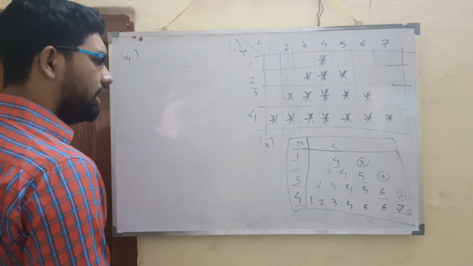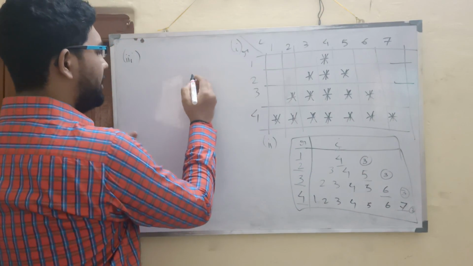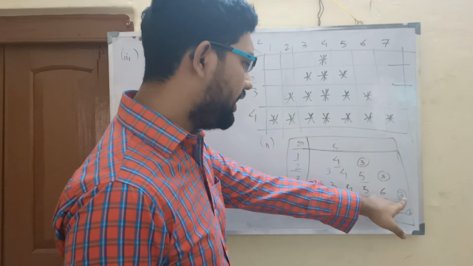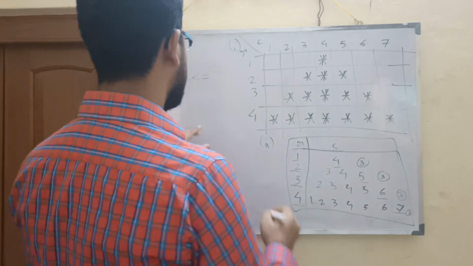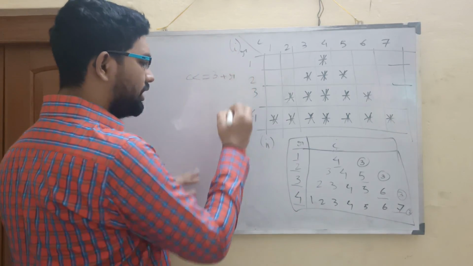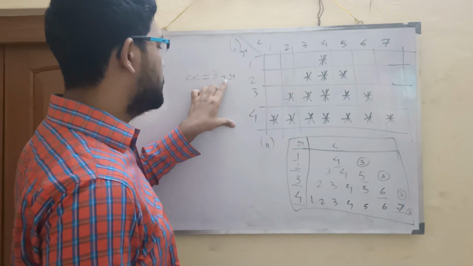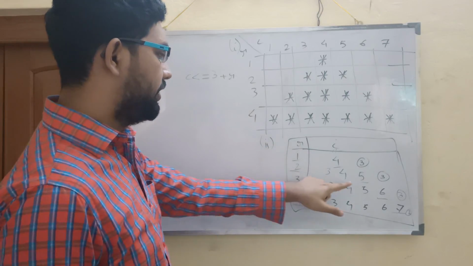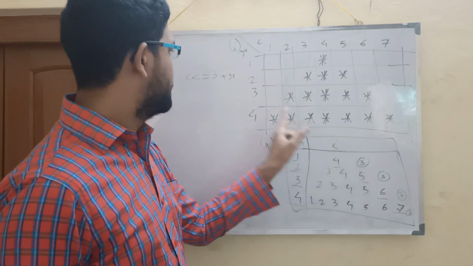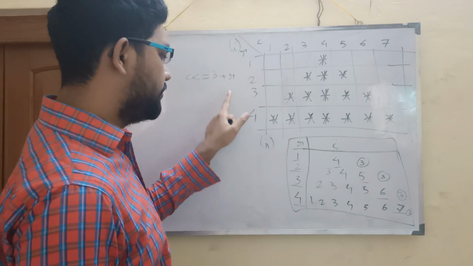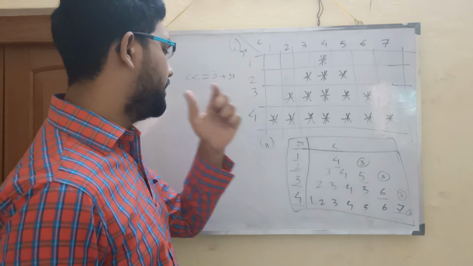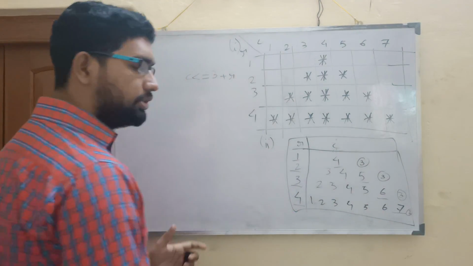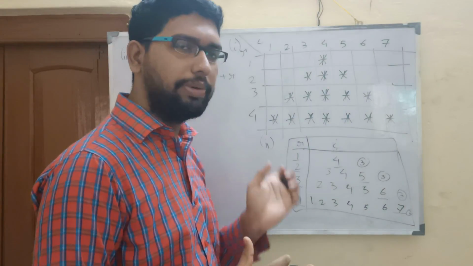So you have to find the logic. The end logic will be C less than or equal to 3 plus R. Why 3 plus R, if you ask? When R is 1, 3 plus 1 is 4. When R is 2, 3 plus 2 is 5. When R is 3, 3 plus 3 is 6. When R is 4, 3 plus 4 is 7. So this is the end pattern, the ending position, and clearly it is within the range for printing this pattern.